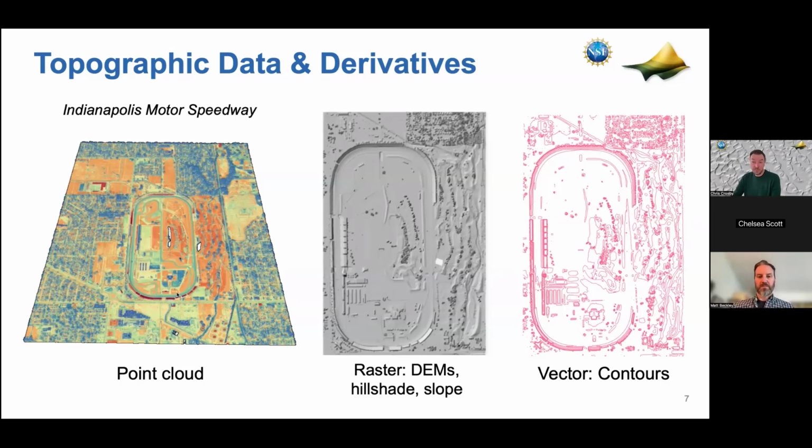And then the kind of more traditional way, and still common in some sectors, particularly in the engineering world, in particular, things like contour lines. You know, if you're used to looking at a 1 to 24,000 USGS topo map, it was all contour line based. And so that's a vector representation of topography. And OpenTopography will make you custom contours on the fly if you're interested. So these are the kinds of data products that OpenTopography is focused on, these raw data types and then derivatives from them, many of which are produced dynamically by our system.